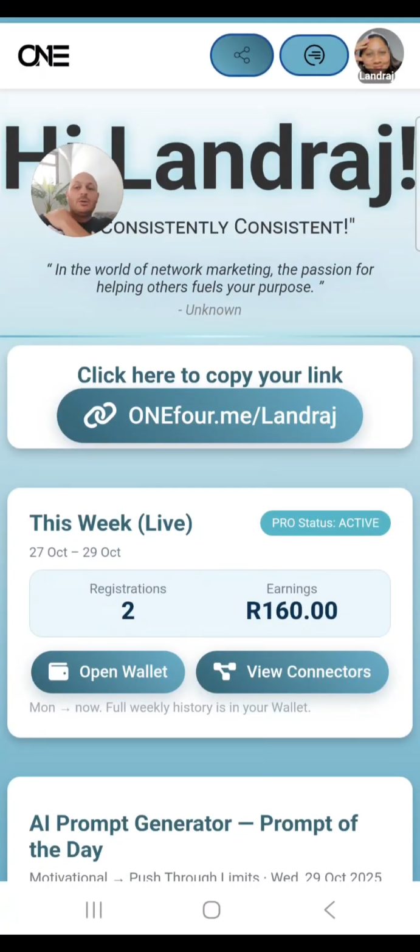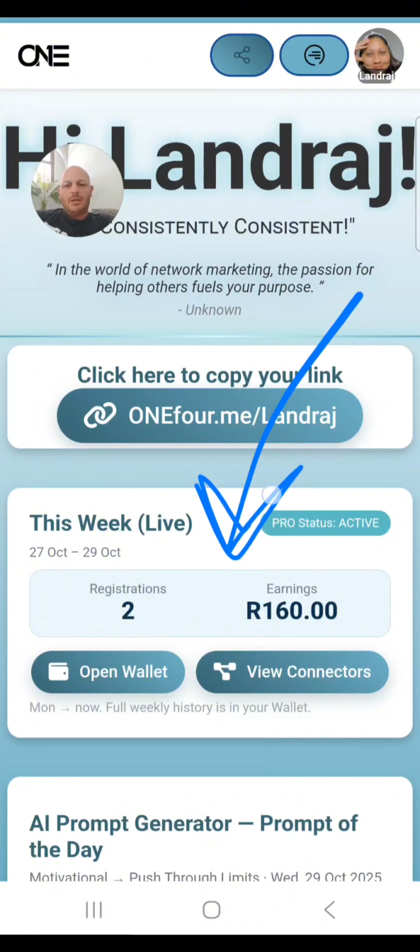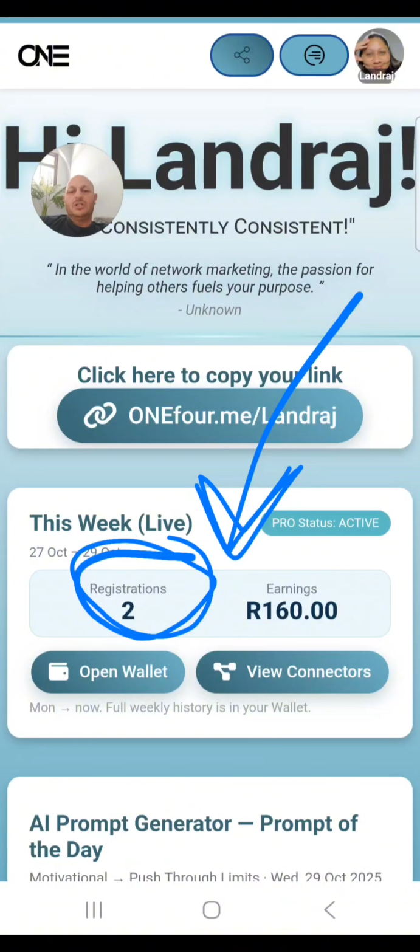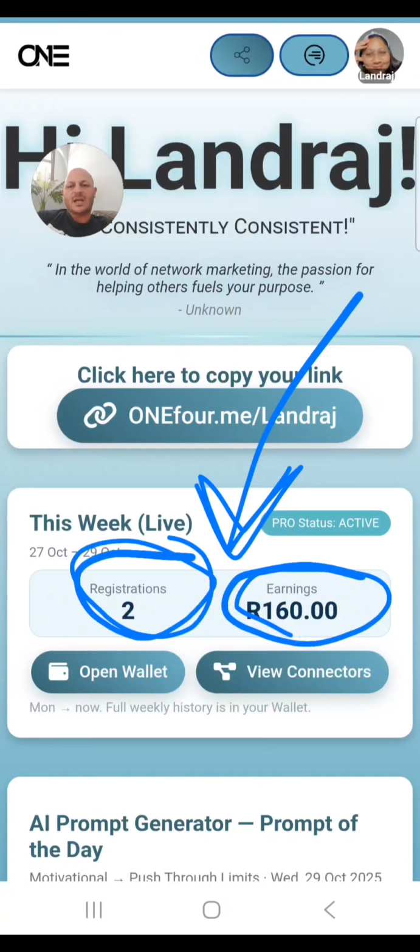Okay, I'm going to take you through a couple of the latest changes that are very important with regards to having some connectors and with the new license activation fees. So as you can see, here we have a block now that's been added. This block basically tells you with the current week, so from Monday up until now, how many people have purchased an activation license, and then also how much you stand to earn at the end of this cycle.